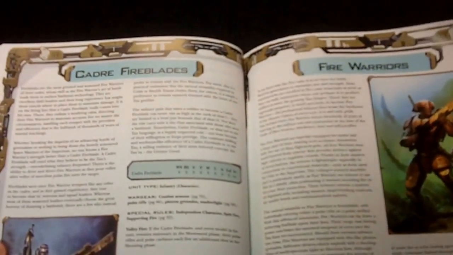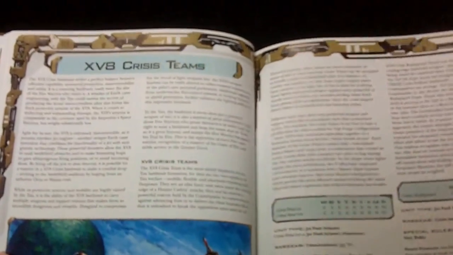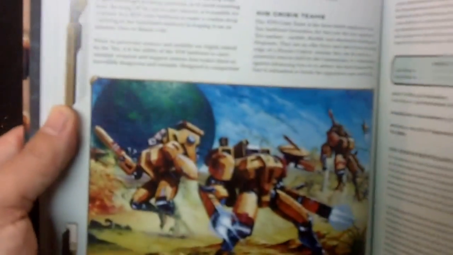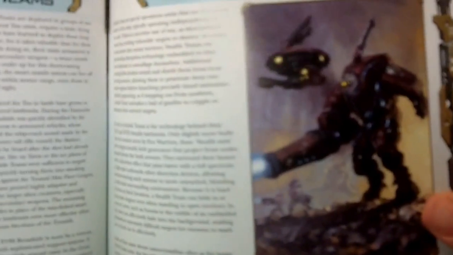We got the commander pages, the Ethereal page, Cadre Fireblades, which are plus-ups. I believe they're elites. Got Fire Warriors, Pathfinders, Devilfish. They didn't rewrite the entire codex, which I think is a great thing. What they did was they just adapted a few units and added some good abilities. They just tweaked it, which is all Tau really needed in the first place to make them a competitive army. Got the good old Stealth Teams there, Sniper Drone Teams,